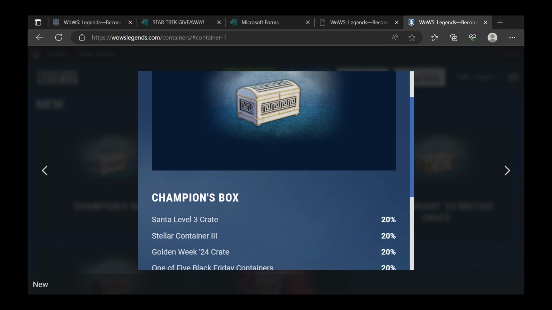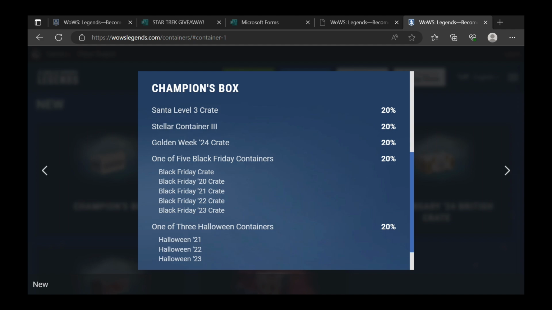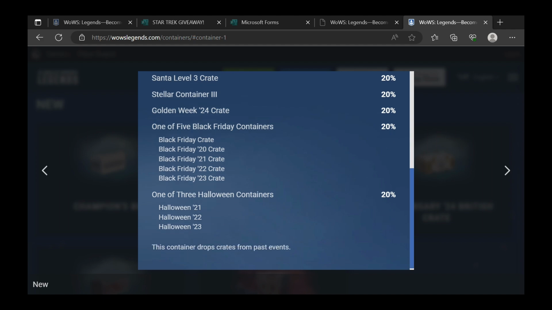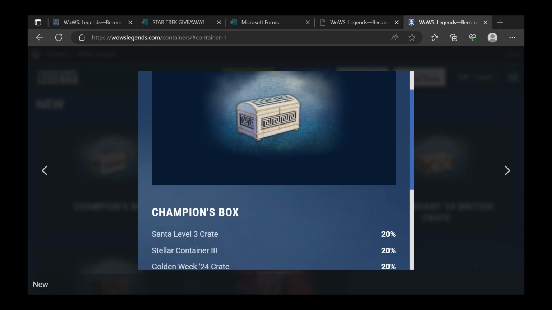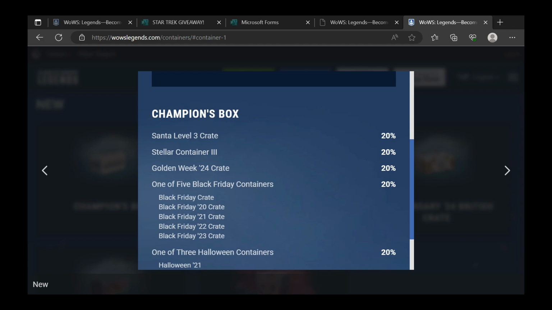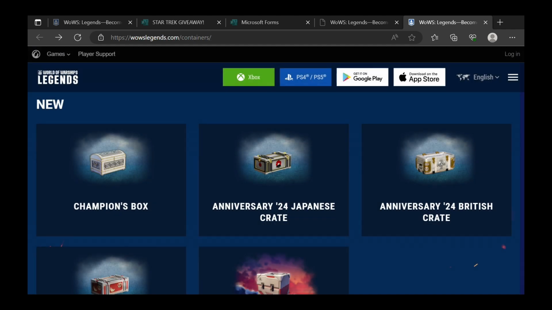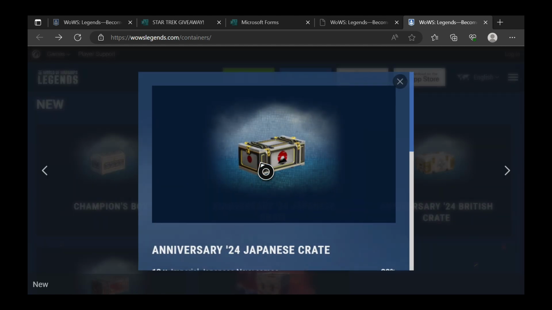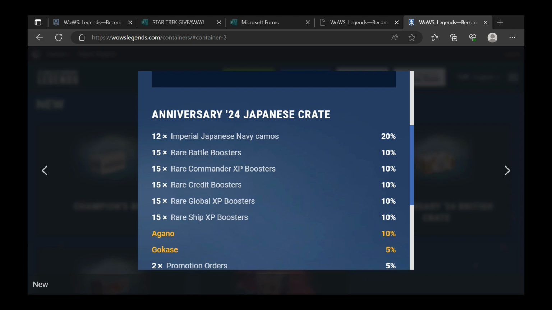Champions box, so there's a bunch of these that you can get along doing missions or campaign or whatever else was out there, right? And it's really just crates. So it's a crate that drops crates, right? A crate that's going to drop crates that have previously been crates. So, I mean, that's kind of interesting, right? Some of the Santa crates, level 3 Santa crates, were always kind of nice because those also had a chance to drop higher level Santa crates,